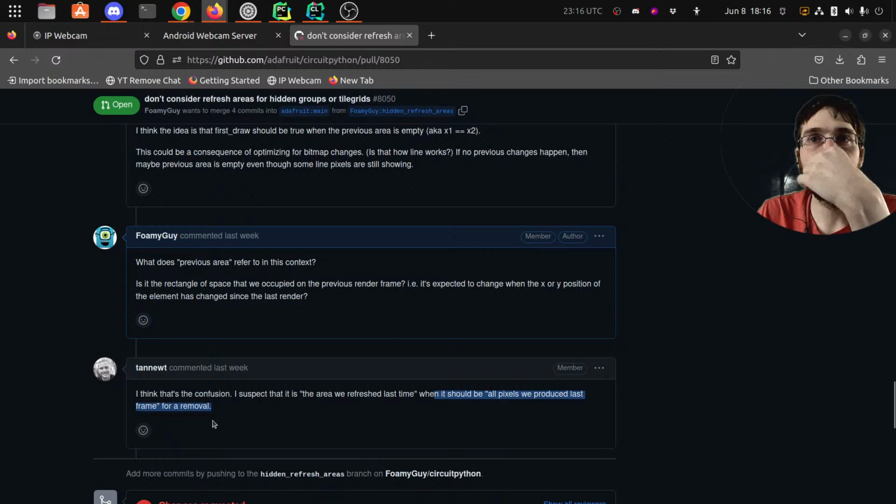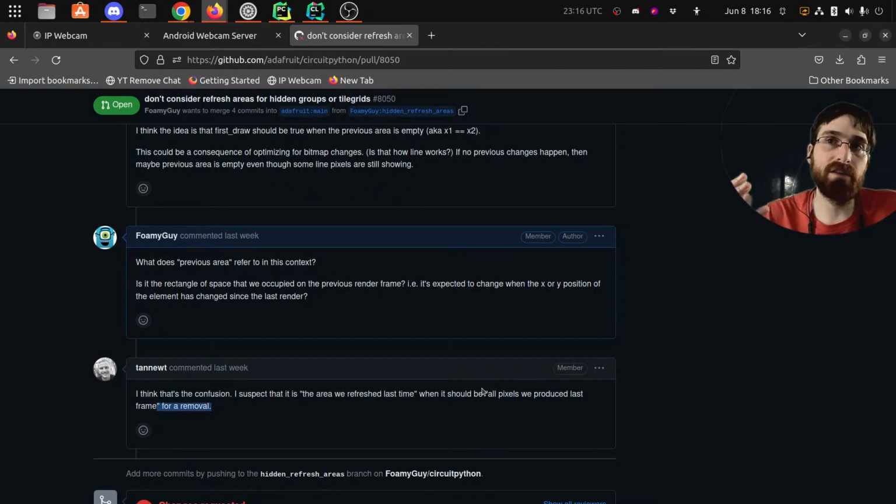If we're trying to hide it, we want to know all the pixels we drew so that we can go back and undraw them, or find out what's below them and draw that instead. Okay, I'm glad I came back to read it again. It makes a little bit more sense this time. I don't think I fully grok it still, but